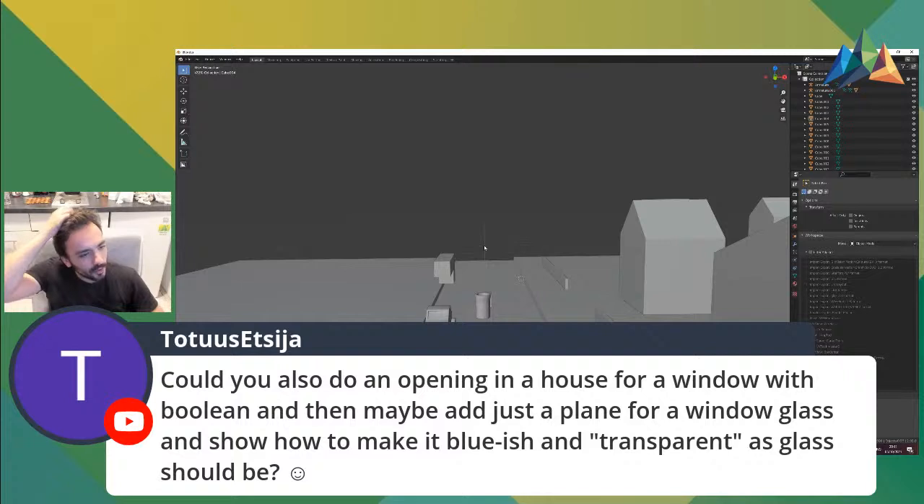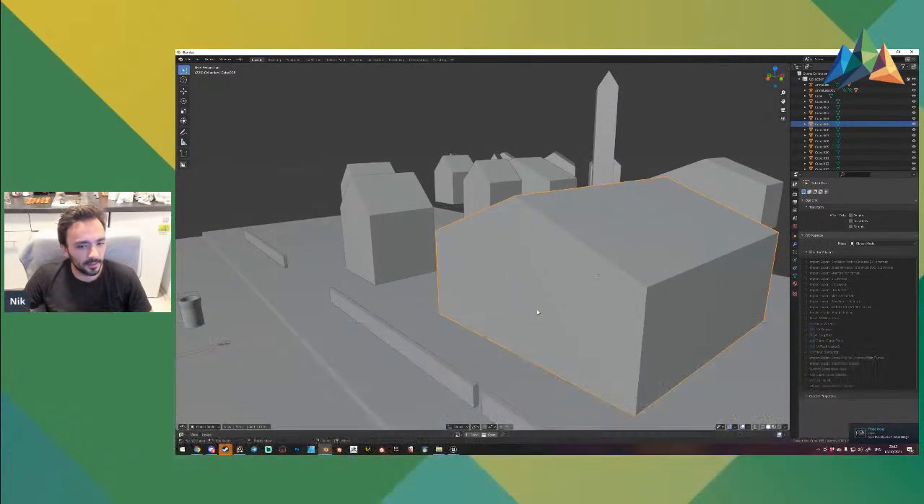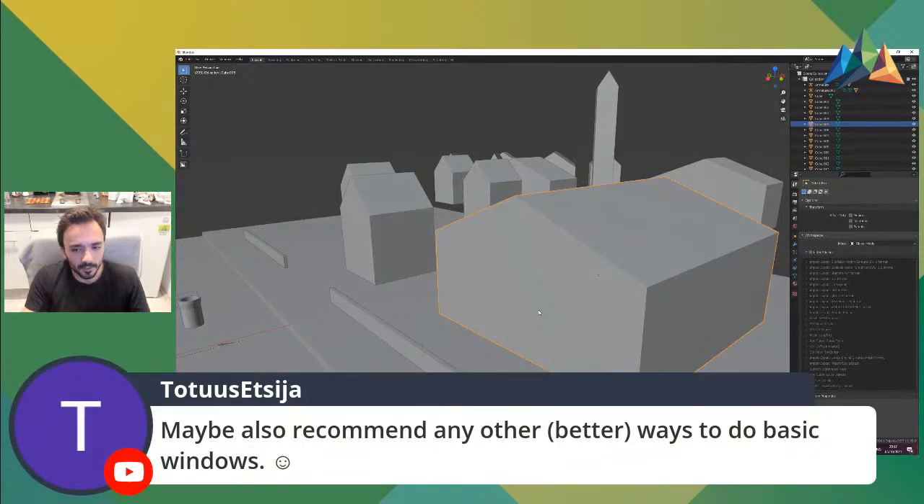Could you also do an opening in a house for a window with Boolean, and then maybe add just a plane for a window glass and show how to make it blue-ish, transparent, not now steam, as glass should be? Again, when you do these kinds of things, you don't want to make them in Blender. You want to make them in Unity or Unreal or whatever, because